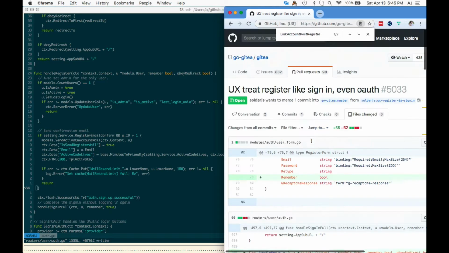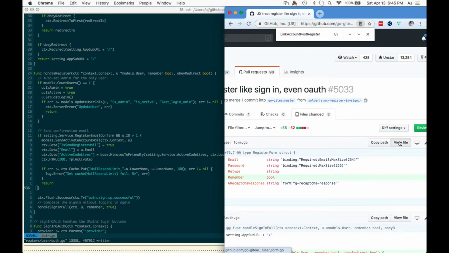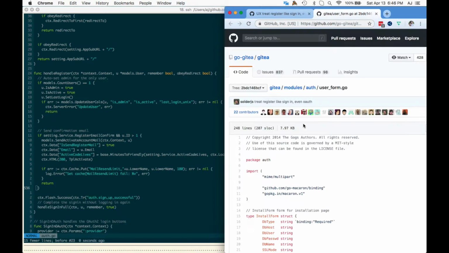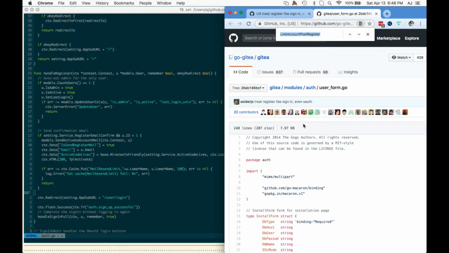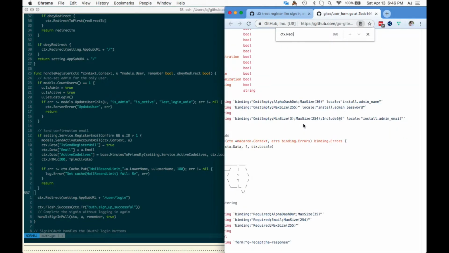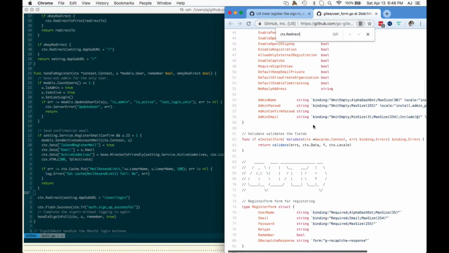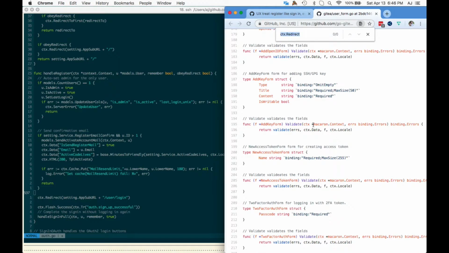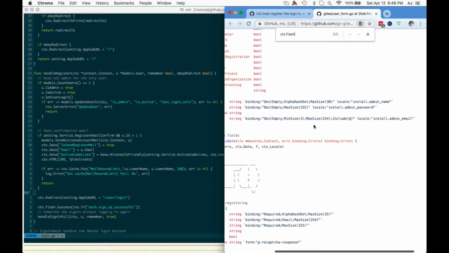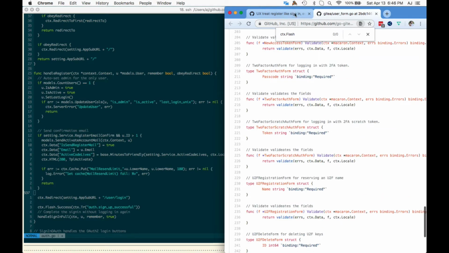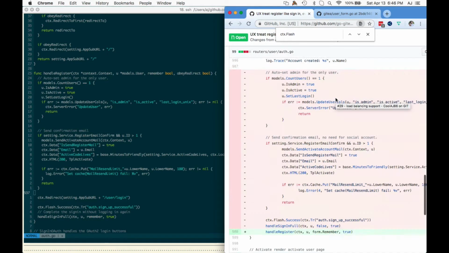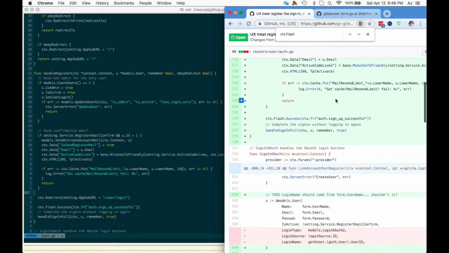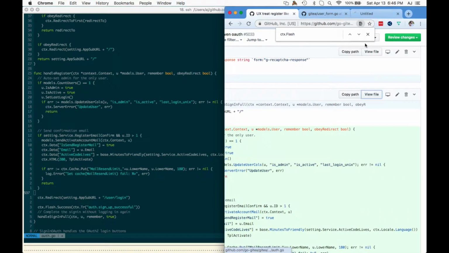Let me open this up. In the original handle register, or it stays in the original function? Meaning the one that I forked from, I think that had been removed on purpose. I'm going to check right now. Okay. Let's see. Yeah, I'm pretty sure, because if we do ctx.flash... Wait, am I not looking at the right file? What is this? I'm looking at the wrong file here. Let me get back to where we are. We are in this file. Yeah? Where's this one? Okay, go look at this file.